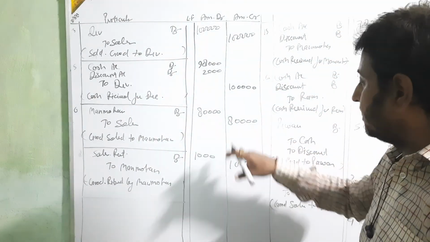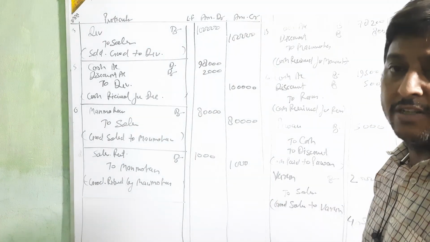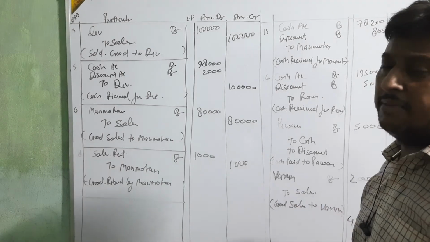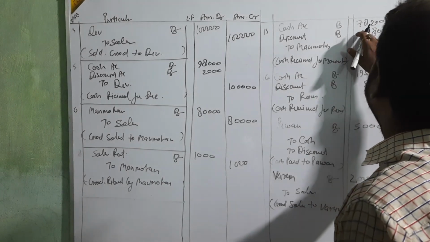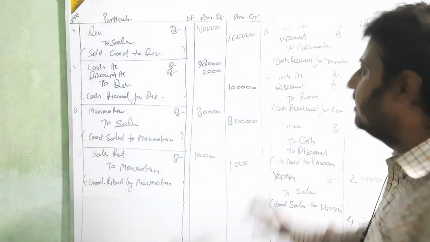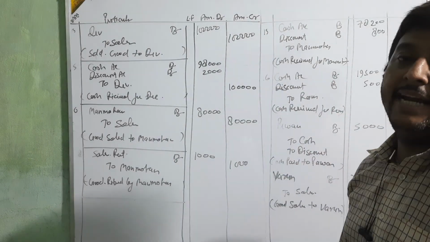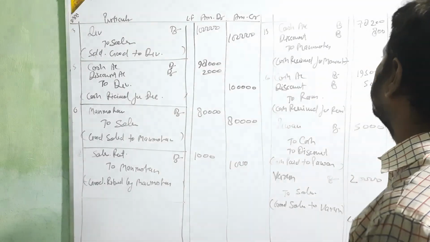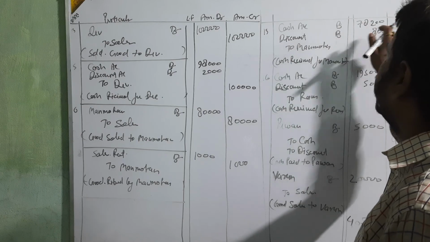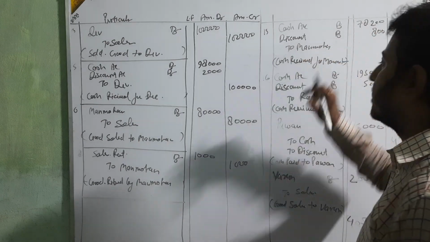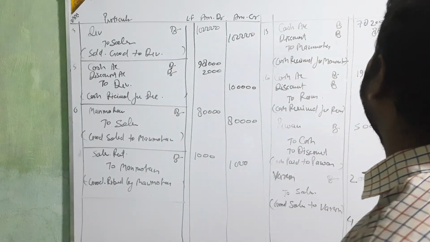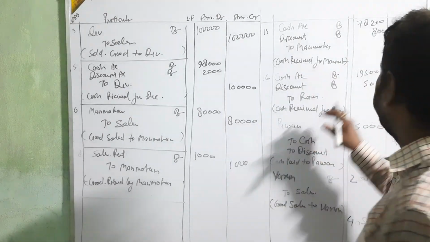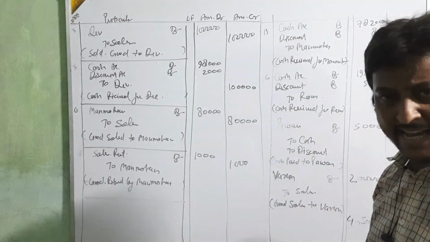Then we are going to receive the money from Manmohan. Sale of 80,000, less 1,000 because of return. So we needed 79,000, but we are receiving only 78,200. Then what is the 800? 800 is discount. So cash account debit, discount account debit to Manmohan. Cash account debit 78,200, discount 800, and the main amount is 79,000. Okay. Next,